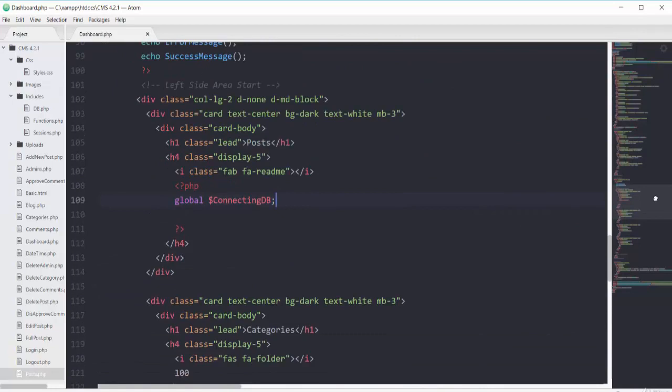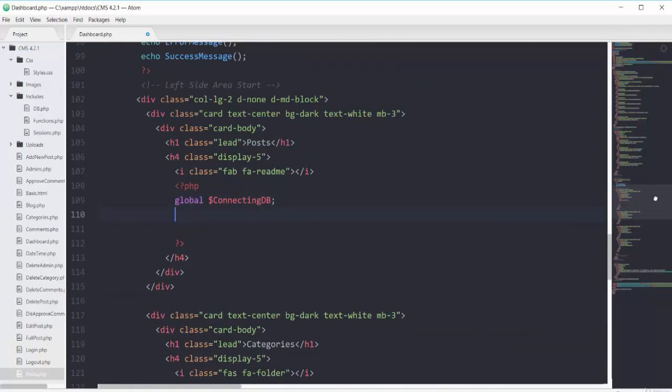So after taking database connection, I will have this SQL that will be select star, but this time we will find the overall number. So instead of using select star, I will use the count clause of SQL, and that will be count star. So the star will be inside the parentheses. So the count will return total number of rows from our table of posts. So that's it for our SQL.